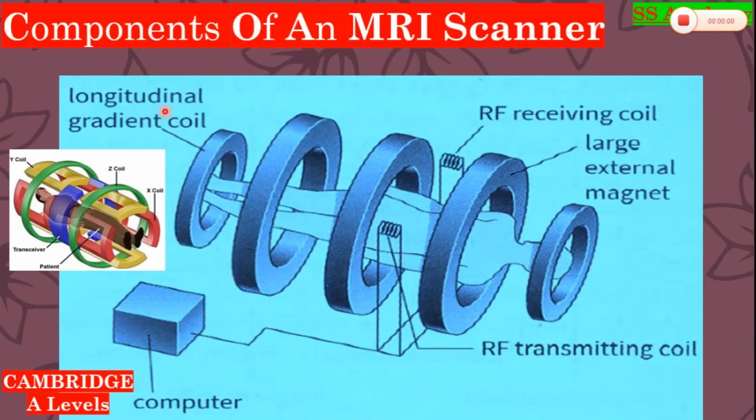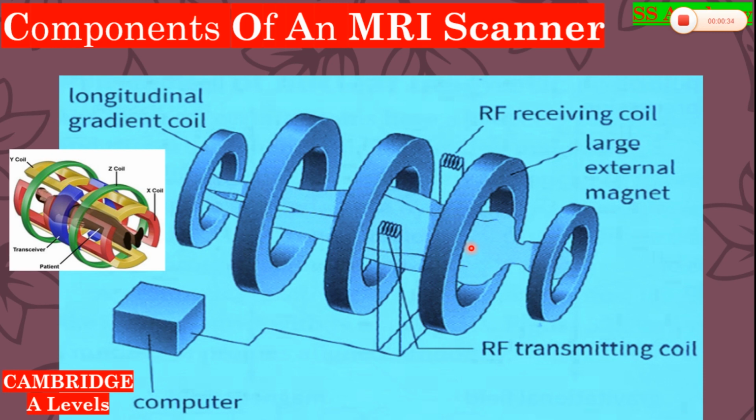This diagram shows main components of an MRI scanner. This is a set of gradient coil, longitudinal gradient coil. Here I have shown only one pair of gradient coil for clarity, but in fact there are three pairs, X, Y and Z, which are colored in red, yellow and green respectively. One pair is for the head region, the second one for thorax and abdomen, and the third pair is for smaller regions like limbs. The magnetic field produced must be distorted or altered with gradient coils.